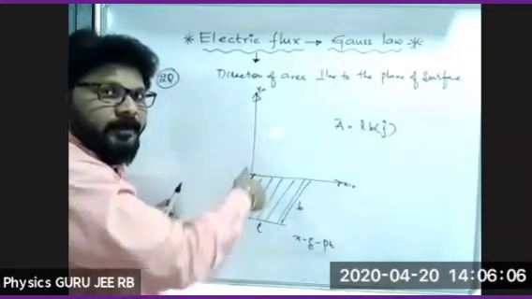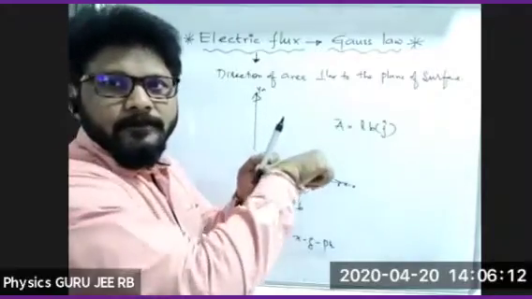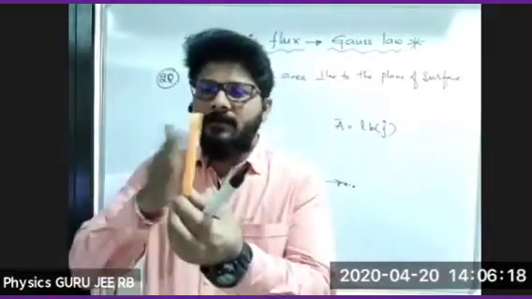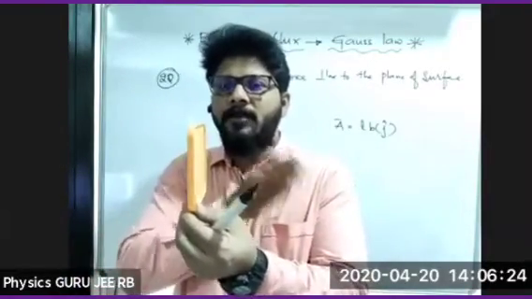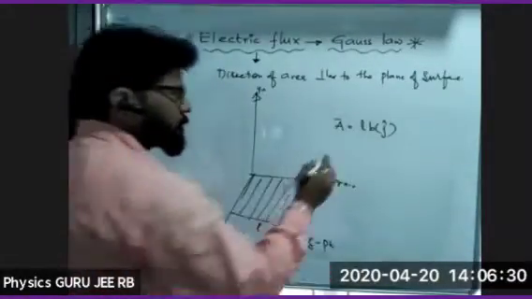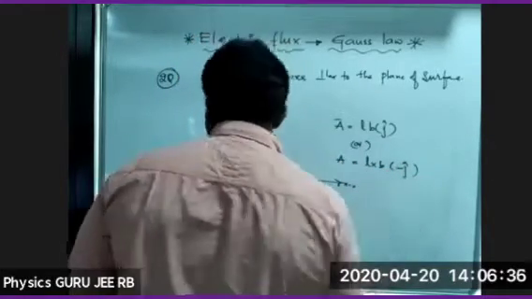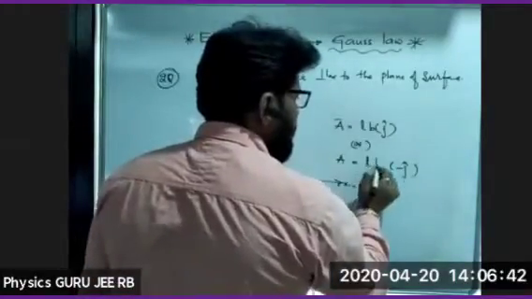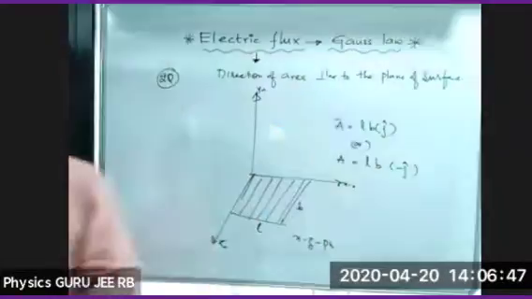This is away, inside or outside. There are two possibilities, so minus j is also possible. j or minus j. See, this is the plane, and it will have two directions. This is the xy plane, and this is Z, positive and negative. Two directions will be there. So I can also write L into B minus j cap. So the area is LB j cap or LB minus j cap. Okay, note it down. Take a screenshot.